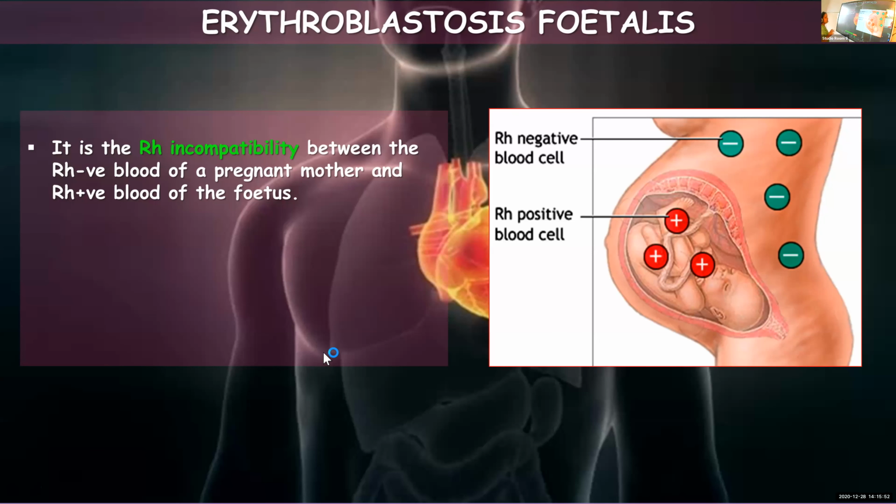blood of the fetus. So here you can see the mother is Rh negative, but the child in the womb is Rh positive. Under normal conditions, or in the first pregnancy, this won't be an issue because there is a placental barrier. The placenta is separating the mother's blood and the blood of the fetus, so there are fewer chances for the blood to get mixed together. But at the time of delivery, the blood of the mother and the blood of the child can get mixed up. So once Rh negative blood of the mother is exposed to Rh positive blood of the baby,